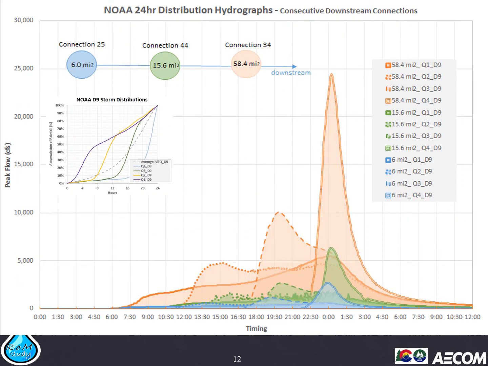Moving on to the 9th decile, here we see even a more pronounced effect of this here. And again, this is all coming back to the hydrographs reflecting the hyetographs, how they're applied here. And you can see that the slope is definitely steepest on the quartile 4, decile 9. So we see a much greater pronounced peak. But I want to draw your attention to how this is about 25,000 compared to the 18,000 on the previous